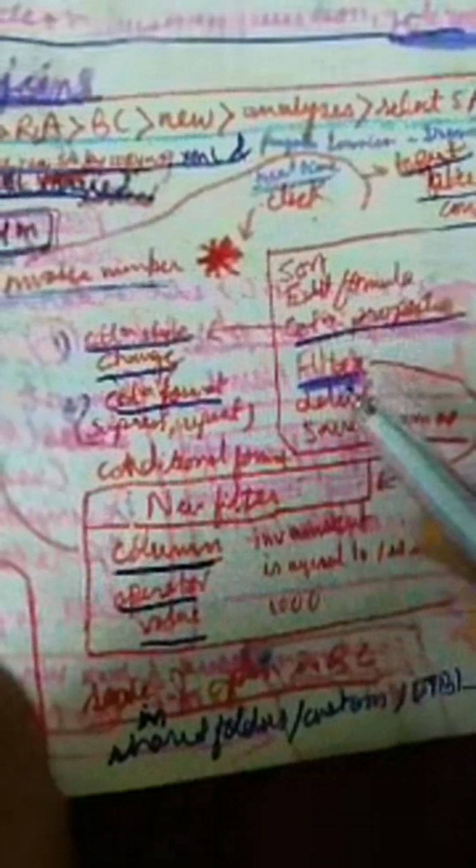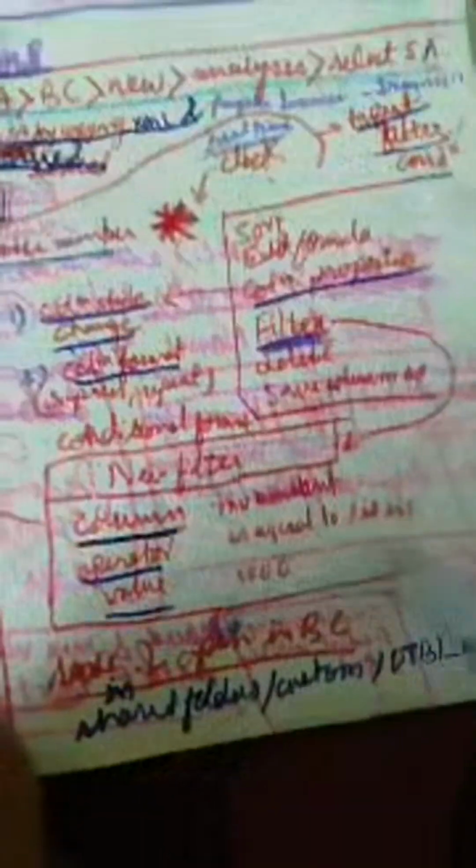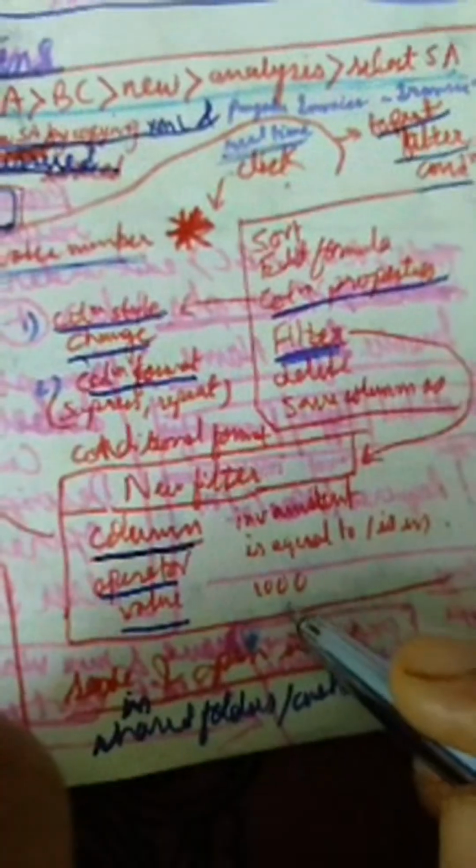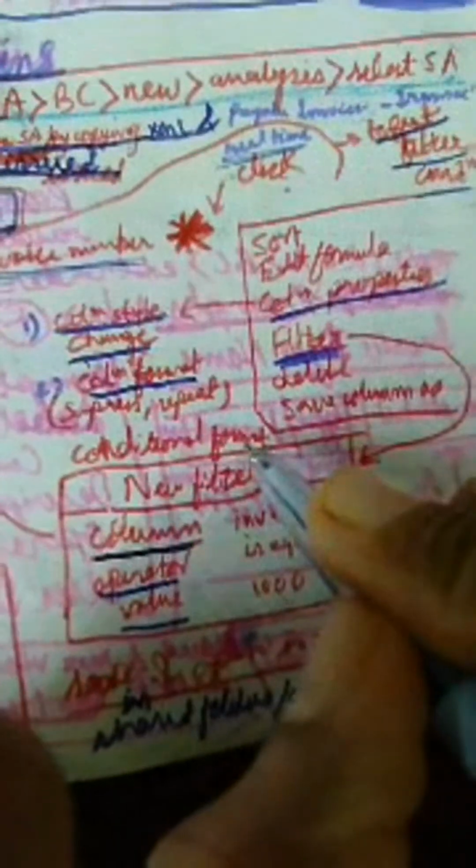It shows multiple options: sorting, editing the formula, column properties, filters, deleting this column, and save column as, which is for renaming the column. Here we go to the filter. A new filter is acquired. The column is invoice amount. The operator has multiple options: is less than, is greater than, is equal to, etc. According to whatever the need, we can choose the operator, and the value should be given here. Once we click this and save,